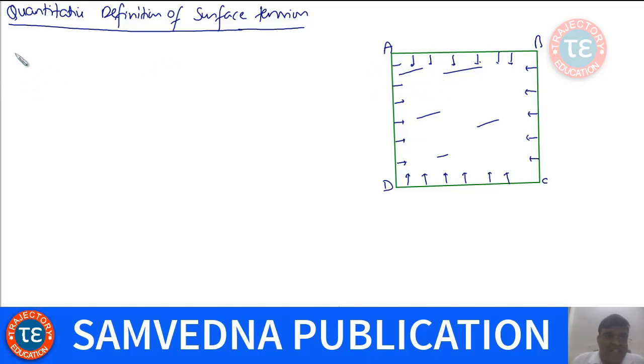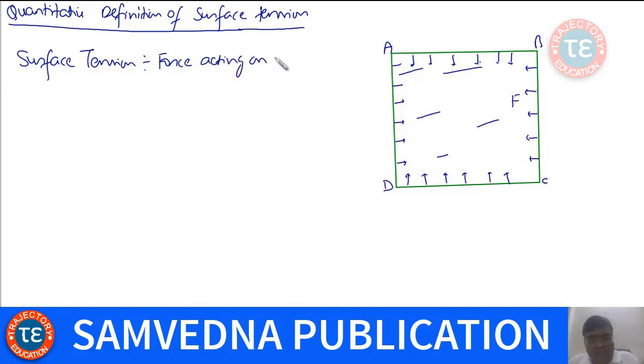Now we quantify surface tension. We quantify surface tension in terms of these forces. We quantify it as force acting on this boundary of the surface or film,